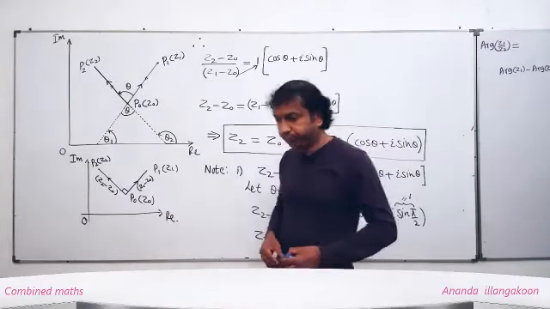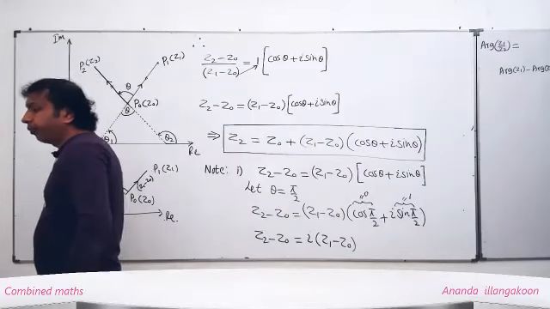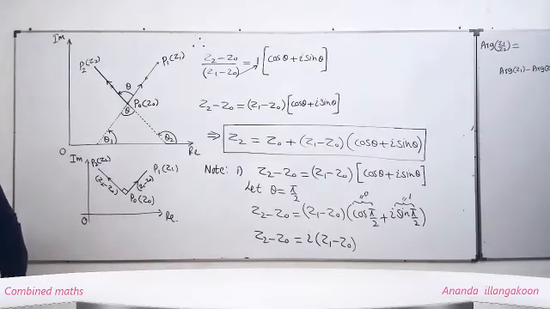Then we'll write: this result implies, when a complex number is multiplied by i,